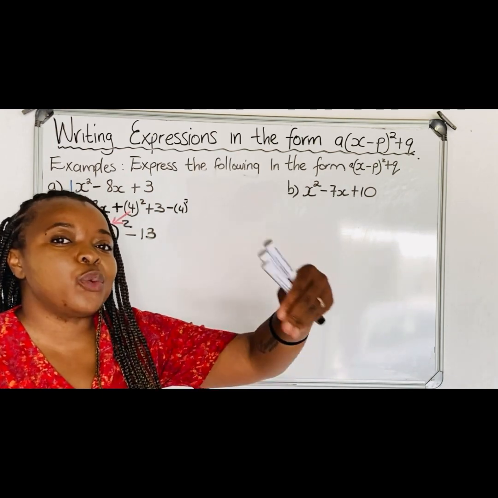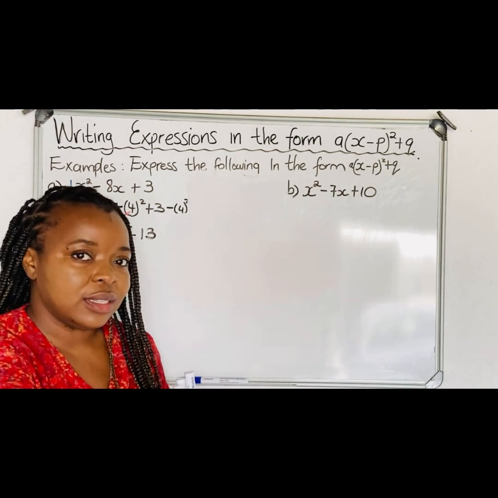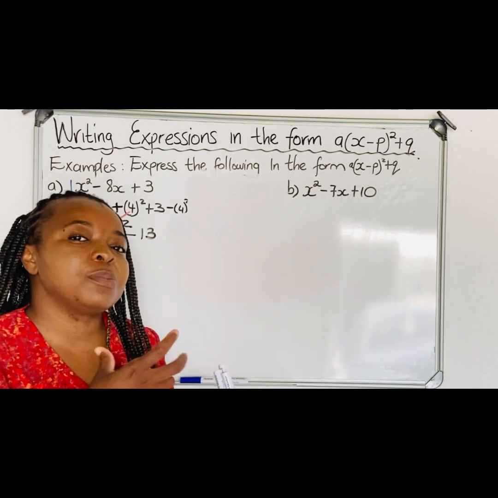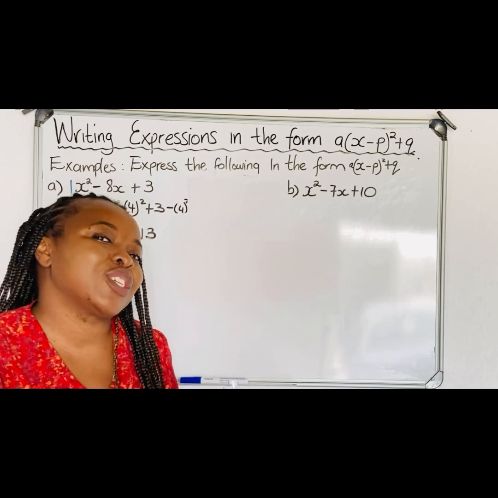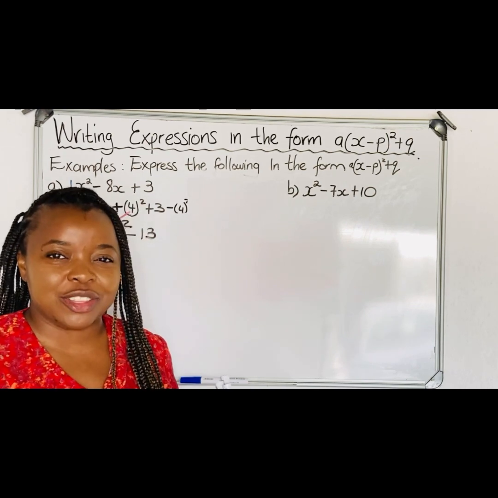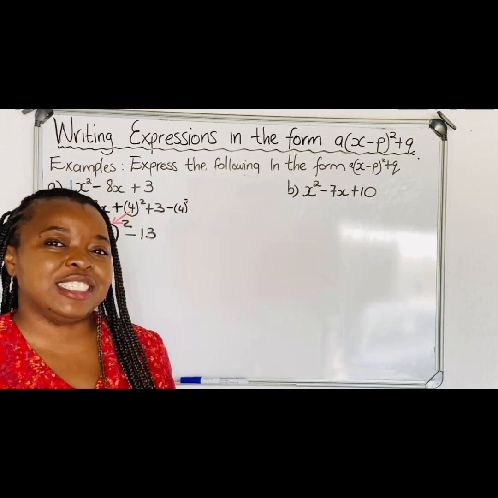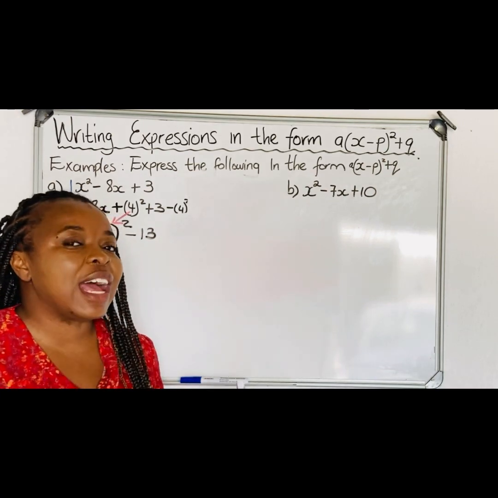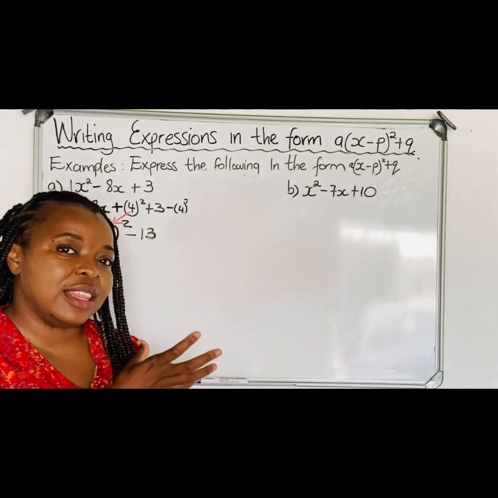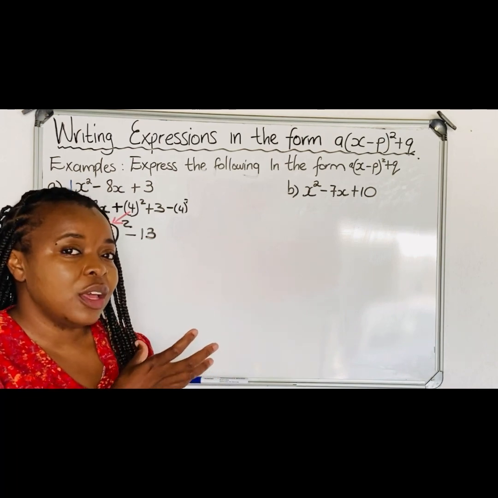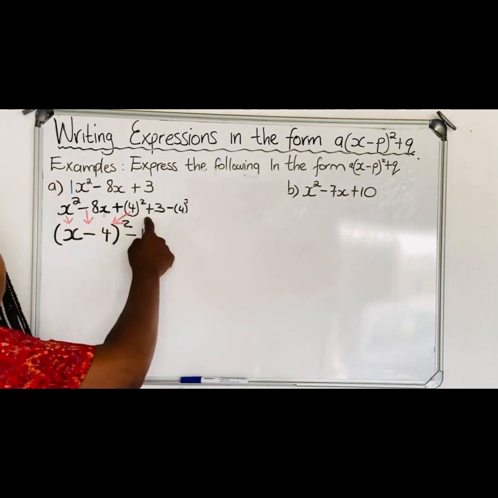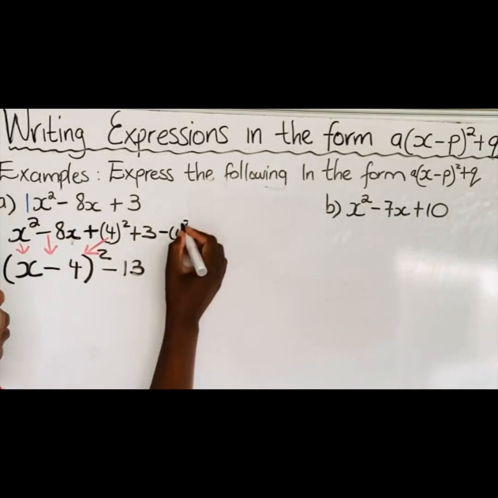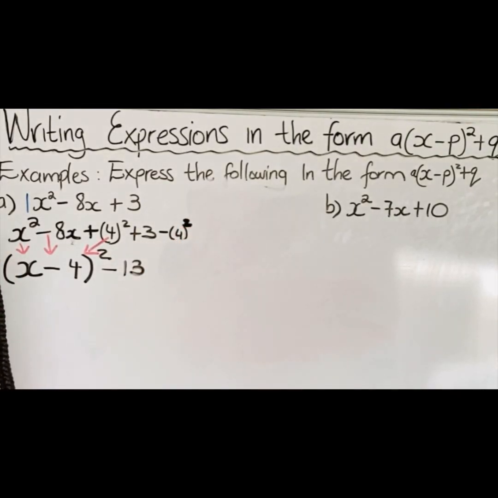And then we continue with c, and then we subtract it. What we did is nothing, I'm emphasizing that, but we just made it possible to complete the square without changing the value of the expression that is given to you. Okay, we already included the third and the fourth step. So the last step is to factorize the first three terms of your expression, and then you solve the last two. Okay, so that takes us to example